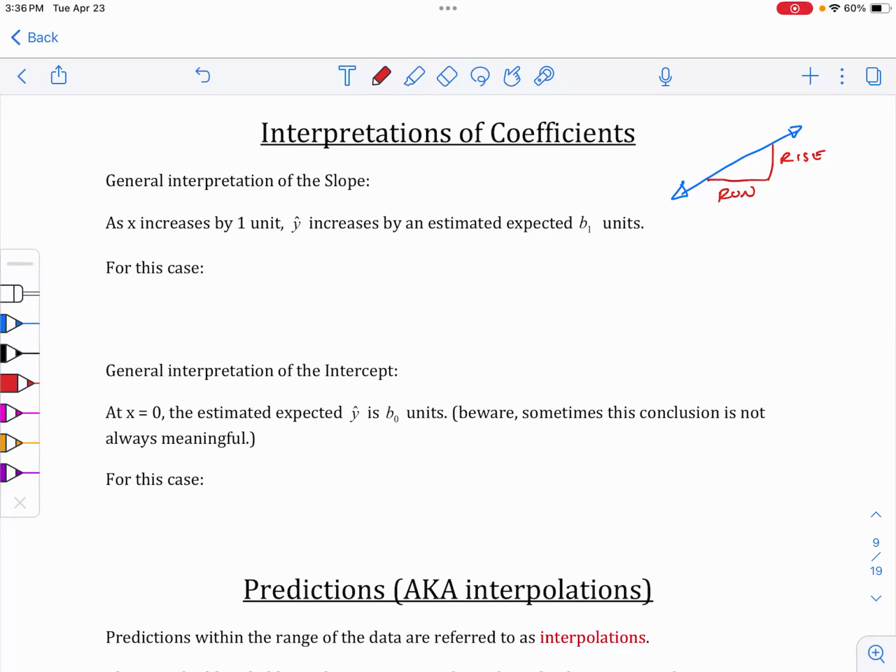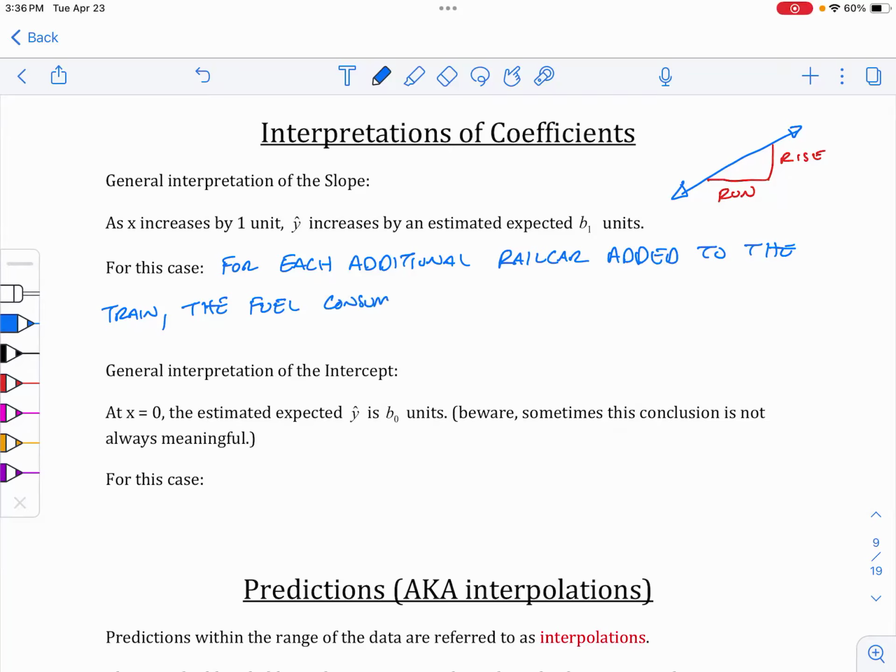For each additional rail car I add to the train, for each additional rail car added to the train, Y hat, our Y variable, the fuel consumption of the train